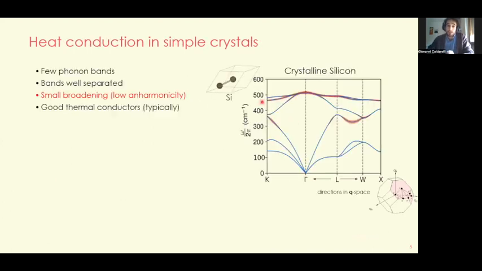simple crystal, that present typically a simple enough crystal unit cell that results in a few phonon bands that typically are well separated, so well resolved, and they typically show low values of anharmonicity. So the phonon states are really well resolved and distant from one another. And typically, this kind of material are good thermal conductors in general. If you apply Boltzmann theory, Boltzmann transport theory to this class of system, you get